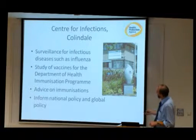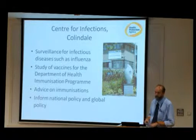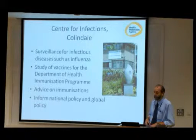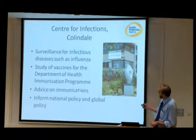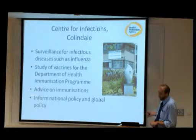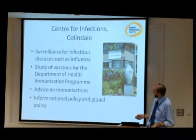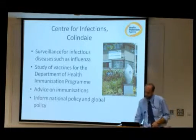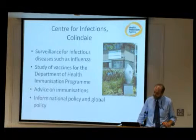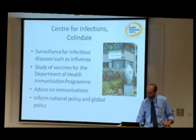And Liz has been very active in studying vaccines which are part of the Department of Health's immunisation programme, interventions which every child in this country has early in their lives. The Centre for Infections, through Liz, also provide advice on immunisations to health professionals across the country and have a major role in informing national policy, particularly again through Liz's advocacy in the World Health Organization, informing global policy on